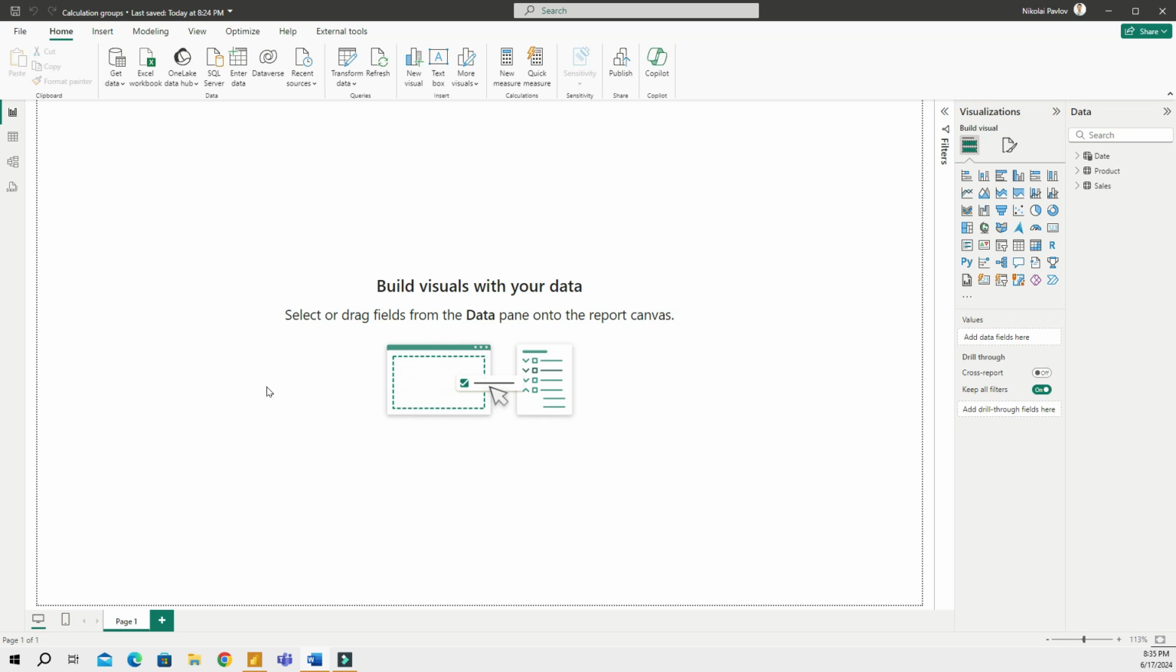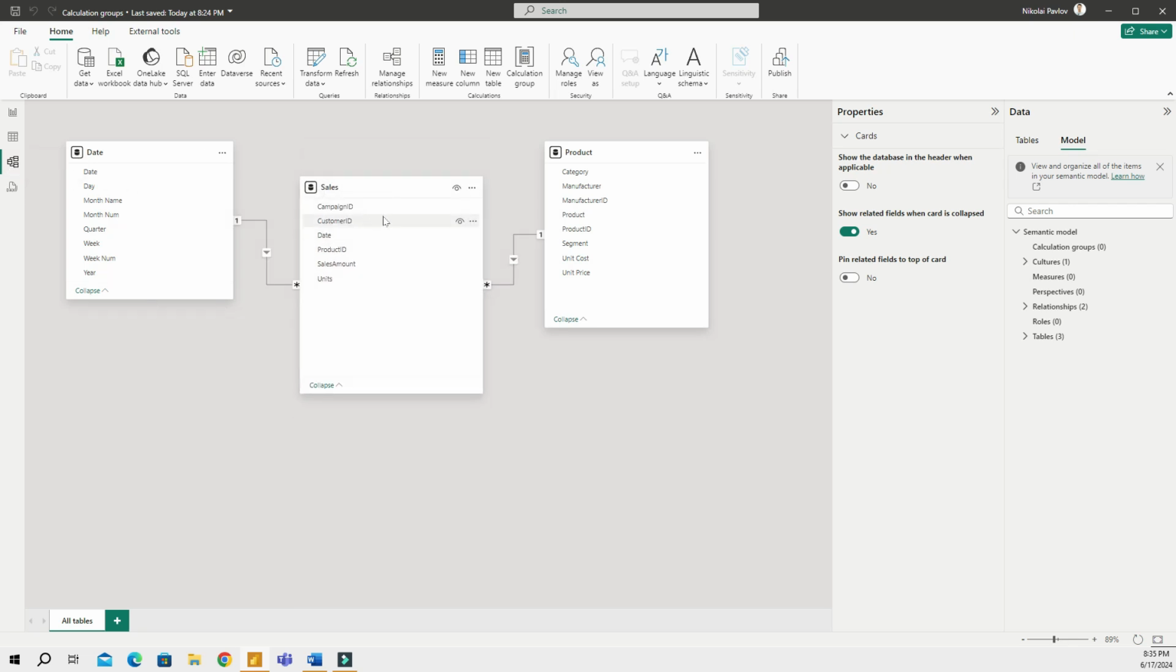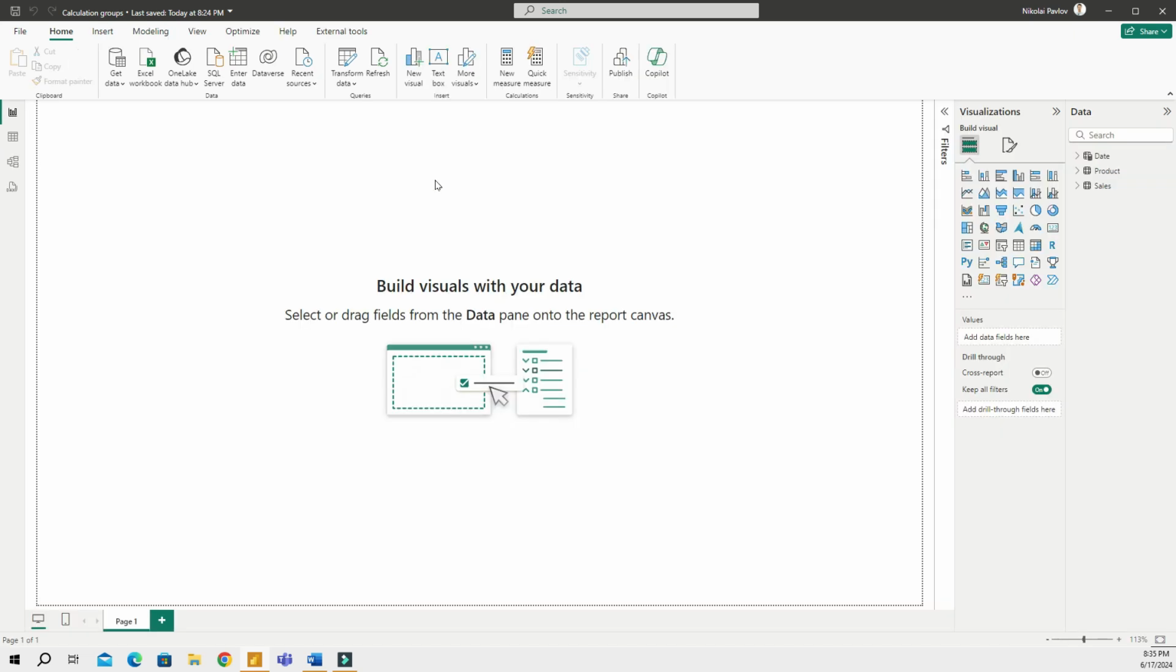So here I have a simple data model with three tables. If I go to the model view, I can see that I have the sales table, the fact table, and then I have a date and product table. Very simple. So first, I am going to show you what we used to do before the calculation groups were introduced. So I will put together a matrix